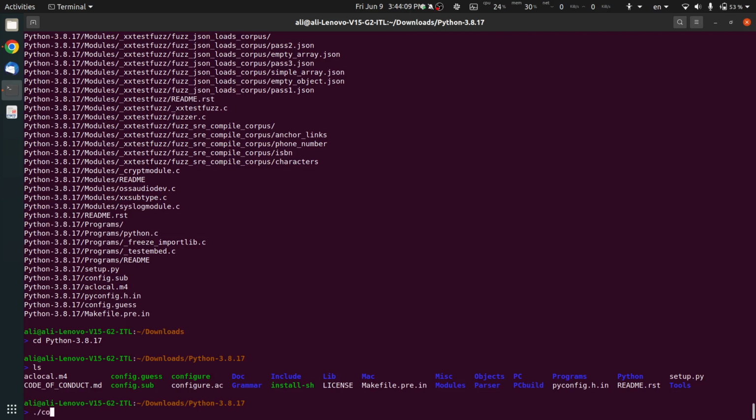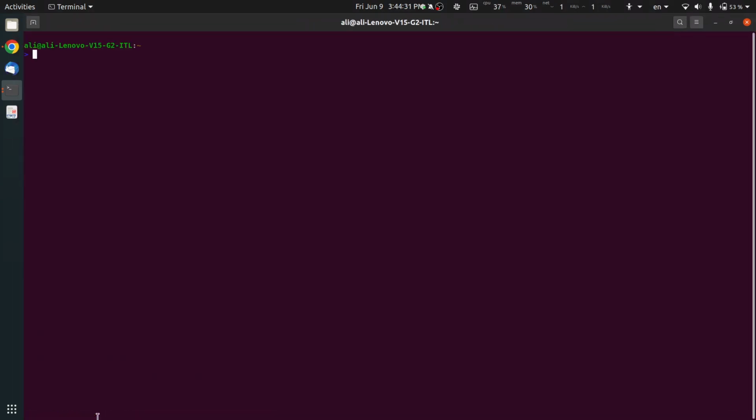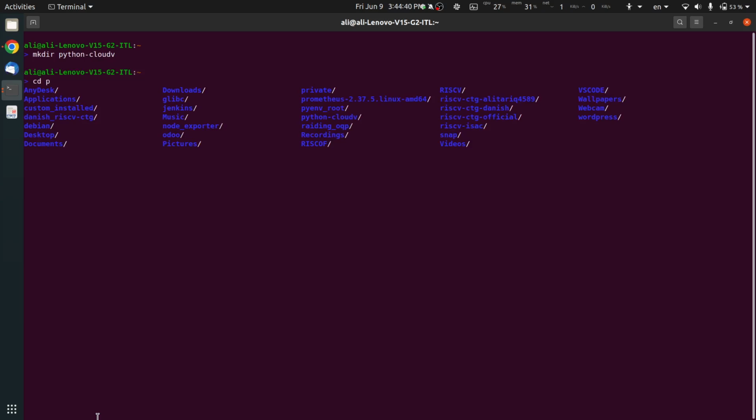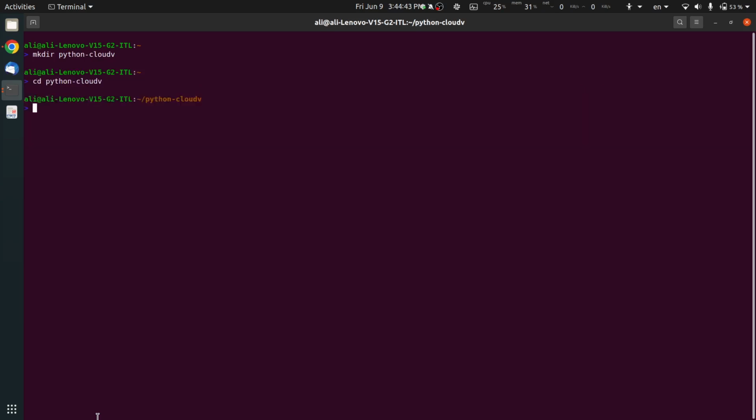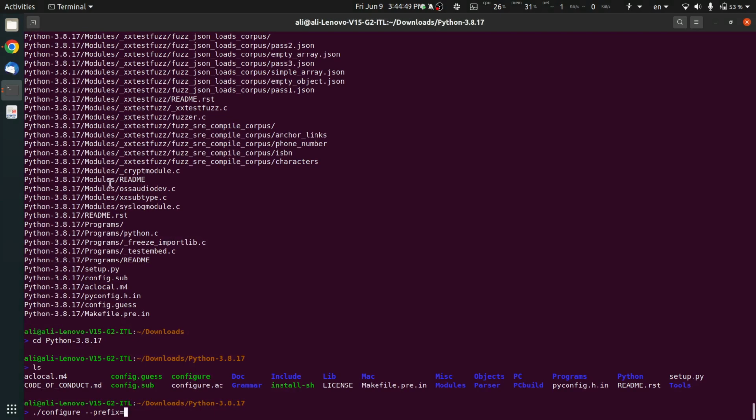So I am going to execute this configure file, and I'm going to give it the prefix, and in the prefix we give it the path of the directory where we want our application to be installed or compiled. Otherwise it will install it to the root folder. So before giving it the path, let me create a folder. So the folder is created. Let me navigate to it, Python Cloud 5, and if I get the path and put it over here, so